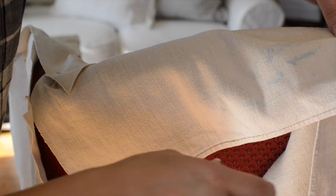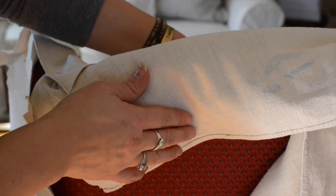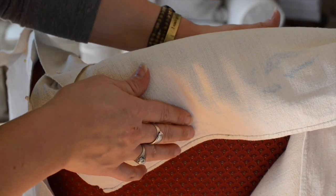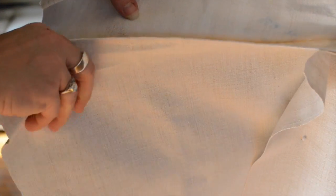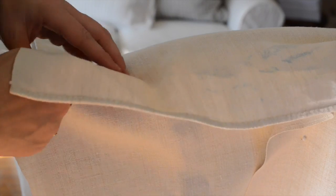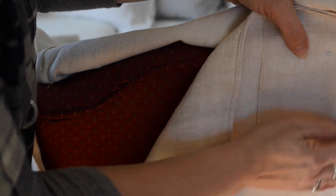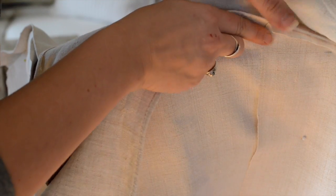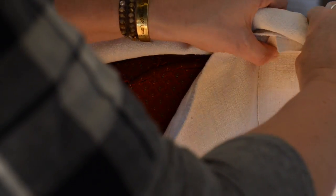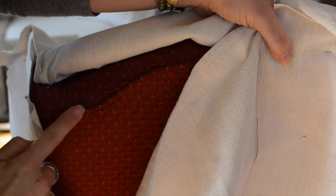So the first thing that I'm pin fitting is the front of the back. So this is like the back of the seat and then the back of the chair. And what I'm going to do, so I've got 3 pieces of fabric to work with since we've got 2 pieces in the back and 1 in the front. And what I'm going to do is pinch them together along the edge of the chair